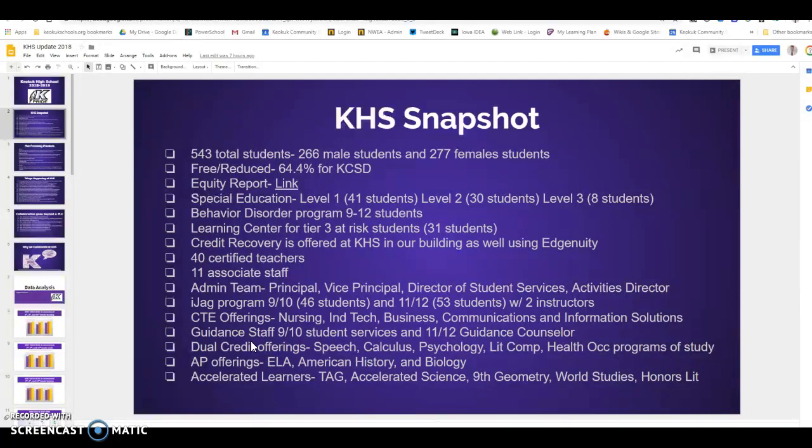We have a student assistance team that is part of our guidance and our admin team, mixed with our IJAG and any teachers that we can get. During our 7th period, we meet once a week. At this point in our year, we're really looking at student data, bringing students in and working on a plan of success. We've been trying to target the lower level grades specifically so that we can get targeted interventions and